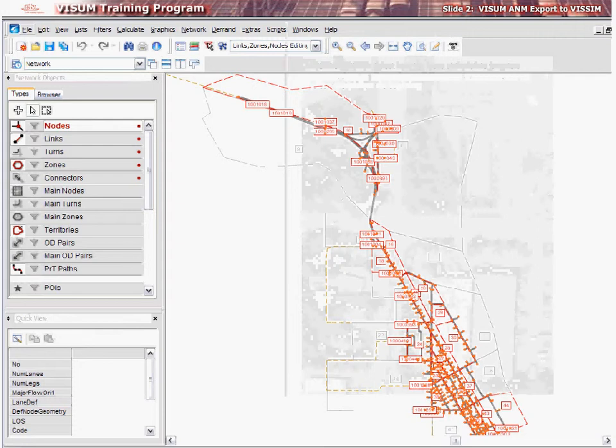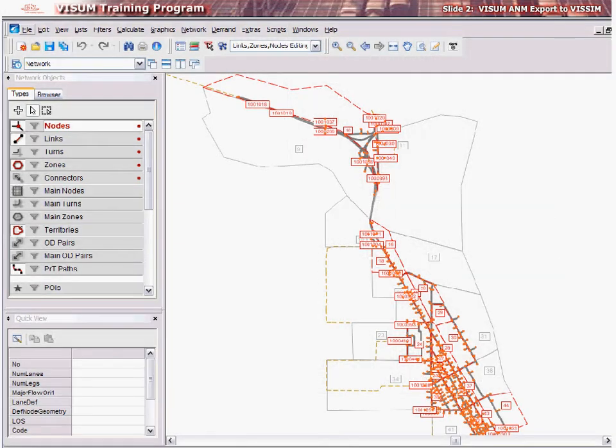There are many ways to exchange data between VISSIM and other programs. An efficient way that reduces coding errors is to transfer the built transportation system model from VISSIM into other programs using a direct export method. The export from a VISSIM model to build a VISSIM simulation model is carried out through an abstract network model,